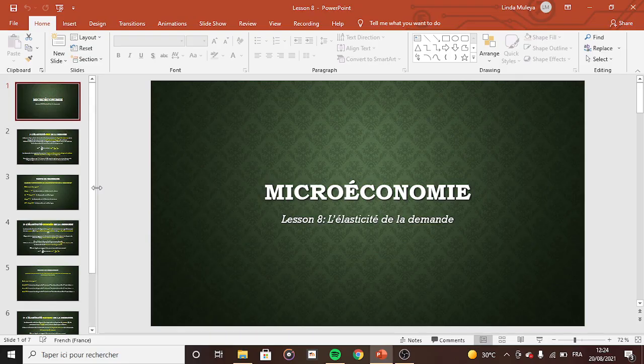So our last lesson is on the elasticity of demand. As we mentioned probably at the beginning of the lessons, elasticity measures the degree of reaction of demand to particular changes. We want to see how sharply the individual demand of a good will change depending on what factors are played around with, for example, price or revenue. So we're going to see three different types of elasticity. That is in terms of price, in terms of other goods, and in terms of revenue.